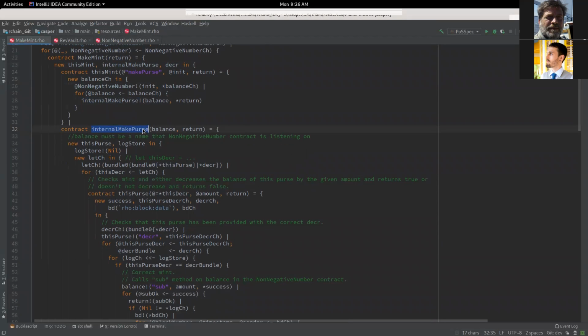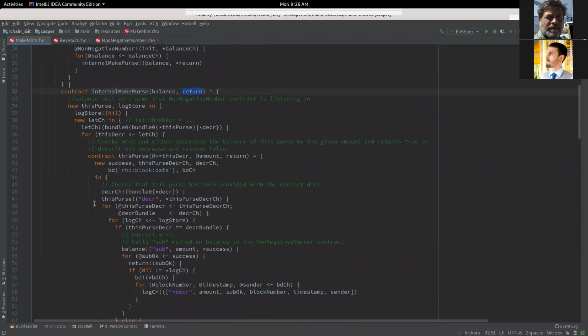Okay, let's see. We can just start walking through it and I'll try to figure out what's going on as we do that. So we're taking whatever we got returned from the non-negative number contract, also supplying this return channel because ultimately we'll return something. That's the typical pattern for these contracts.